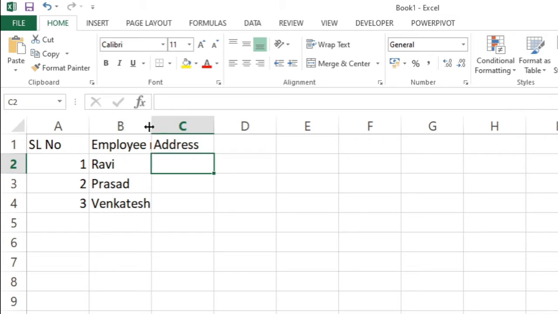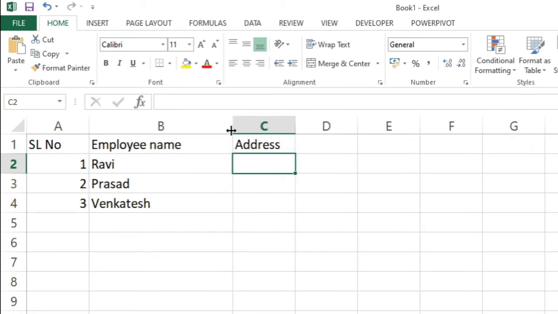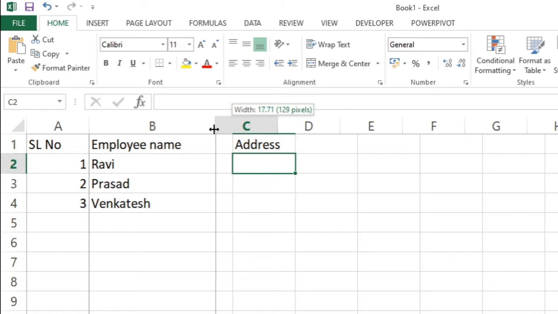So this column is temporarily hidden. You can resize the column by holding the column divider. You can resize the column.